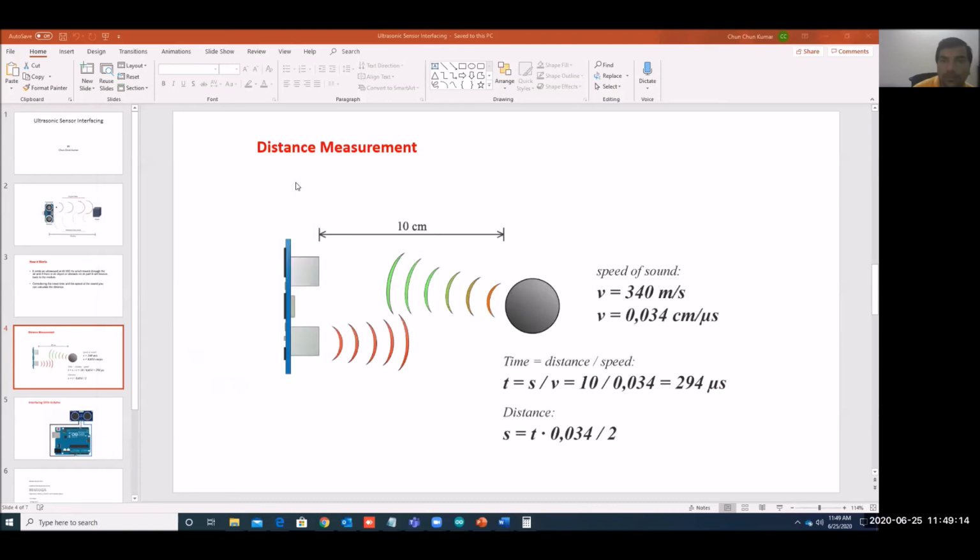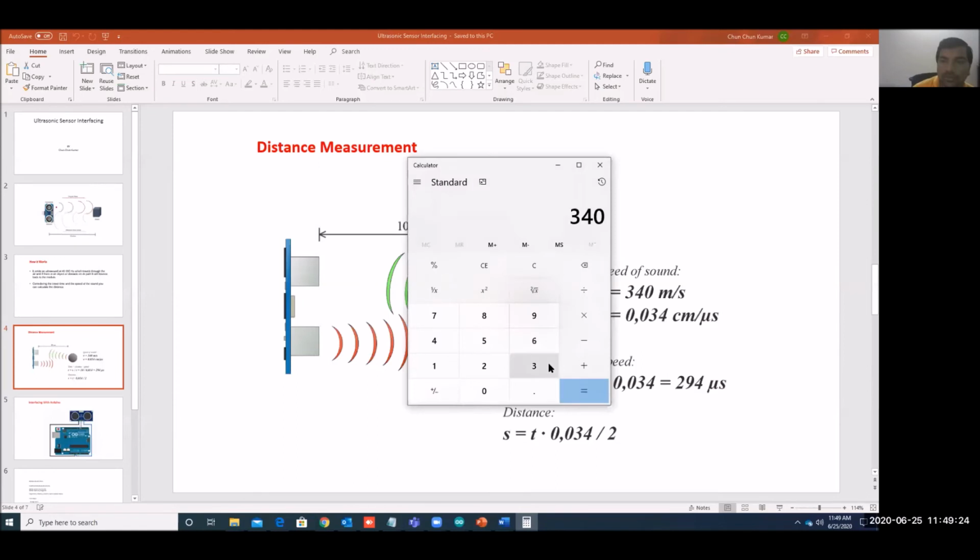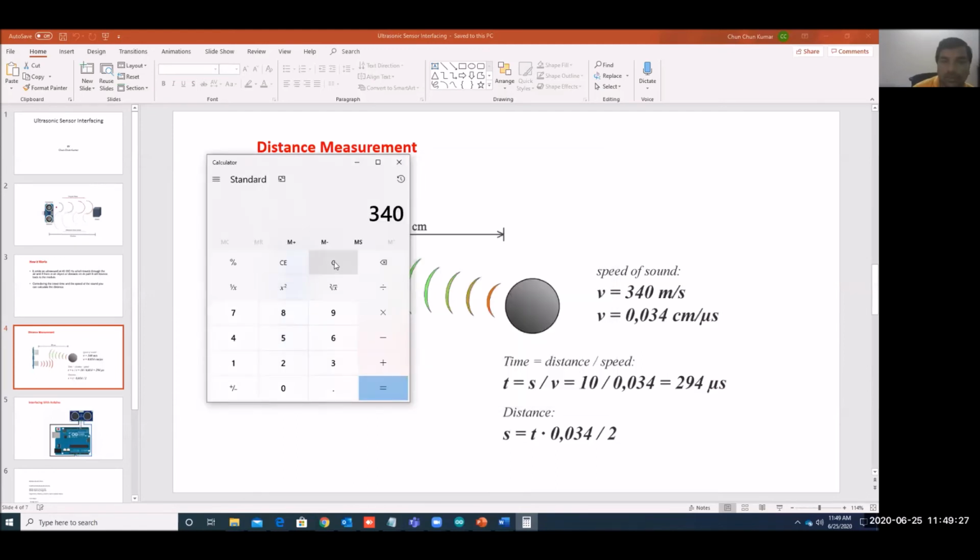Before that, we need to know the time for whatever distance we have, so exactly we can calculate this also. This is 17 meters per second. So 0.034 divided by 2 will be 0.17. This one into speed, already have calculated.